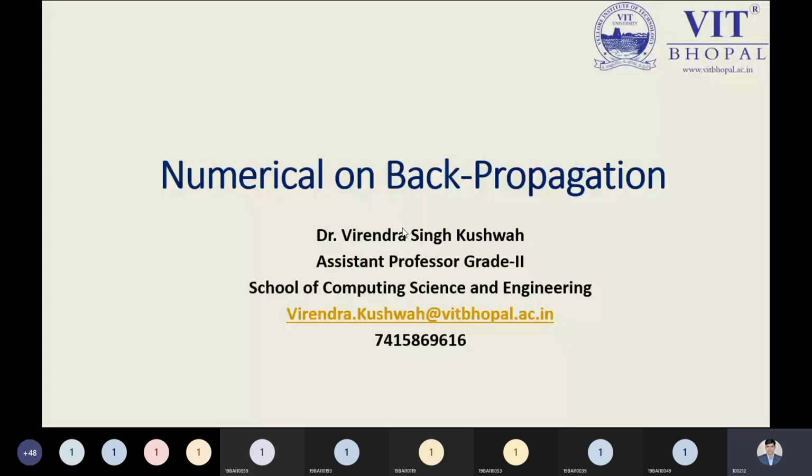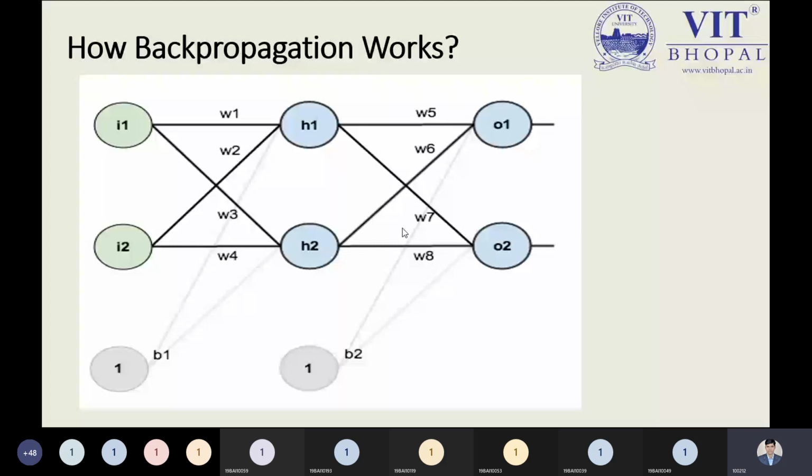Theoretically, this portion we have already discussed a few days ago. We have seen this concept, and 2 days back this concept we also covered. So for understanding this approach, we will have a very simple numerical here. But let us understand how backpropagation works, and this approach is totally understandable here with the help of the numerical example.